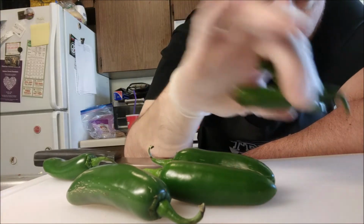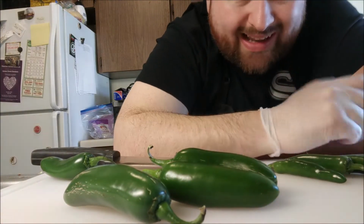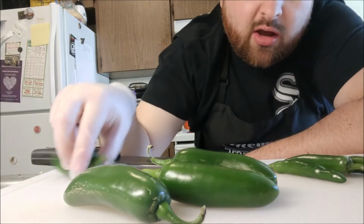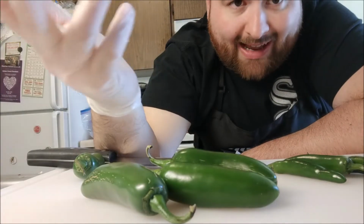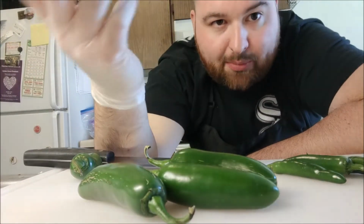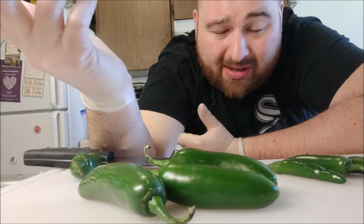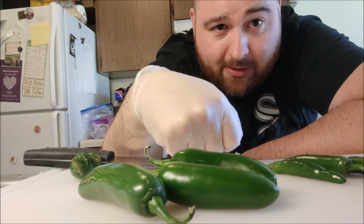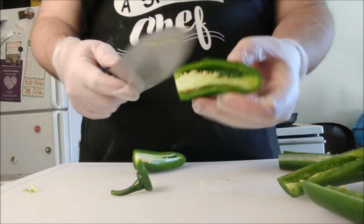So what I'm doing is I'm going to add a 3rd jalapeno, and I'm going with 4 serrano peppers. If you do the math with the Scoville units, 4 of these at about 10,000 Scoville units each, plus 1 additional jalapeno pepper, should make up for the lack of the habanero. Now, I'm not going to get the habanero tasting spice that goes along with it, but what can you do? I'm not rolling in money here, so I can't buy a whole bunch of habaneros and just not use them. So we're just coring out